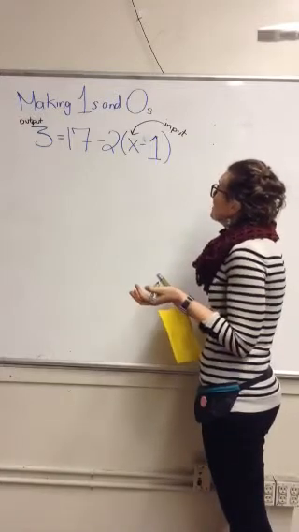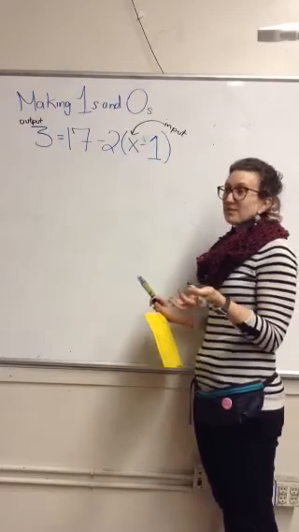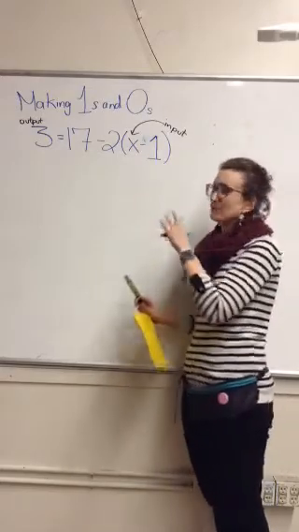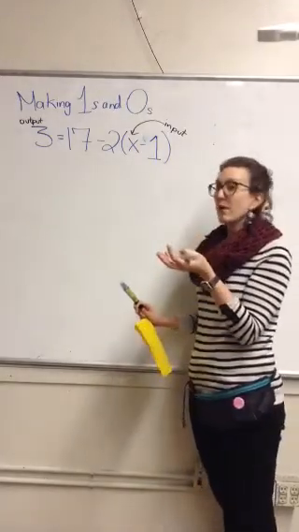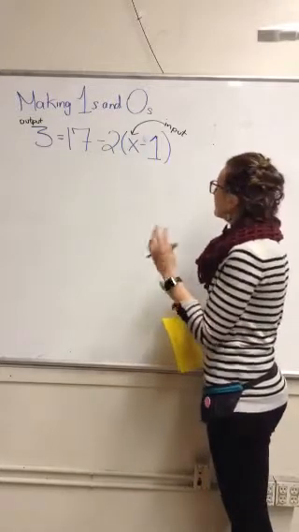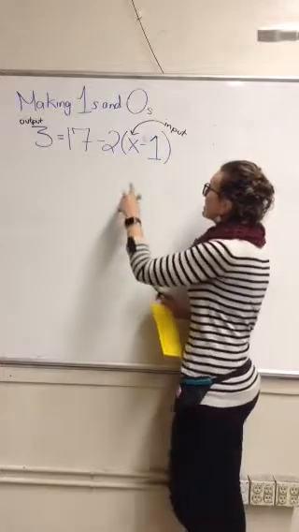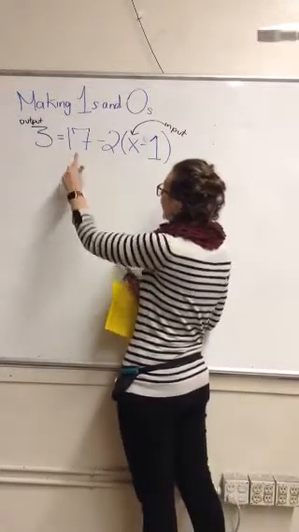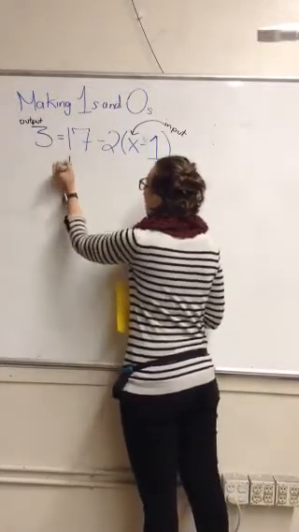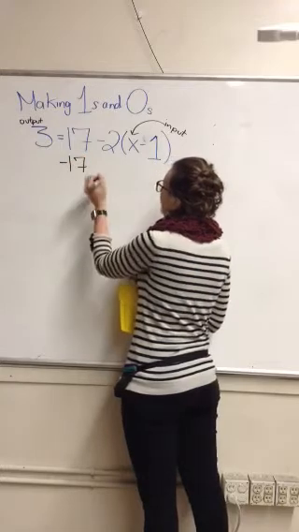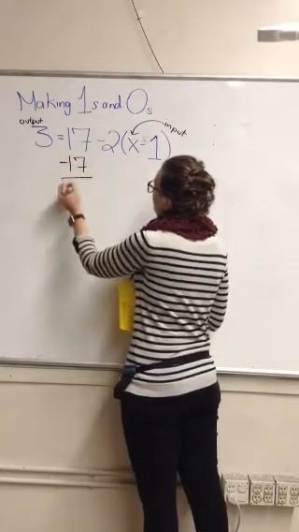No. So if I can't guess, one strategy I can do is to make those numbers invisible by creating a 1 or creating a 0. So I look for the number that's the farthest from x, and I see the 17, and I say, okay, that's an adding 17, so I can take that 17 and turn it into a 0